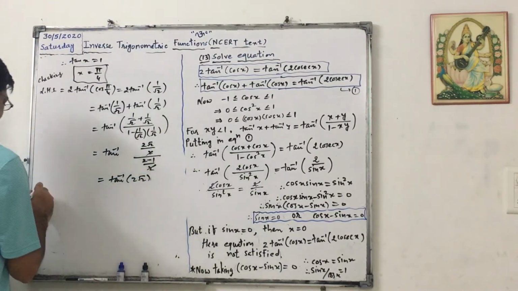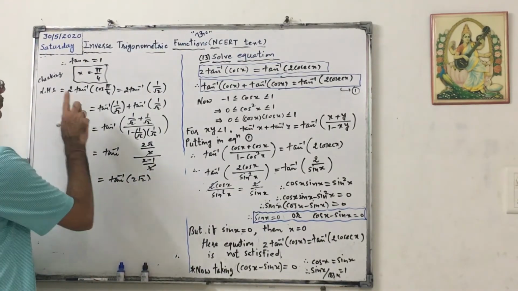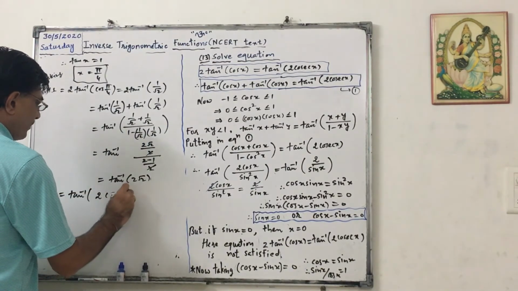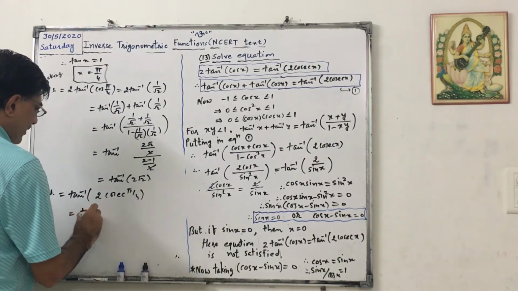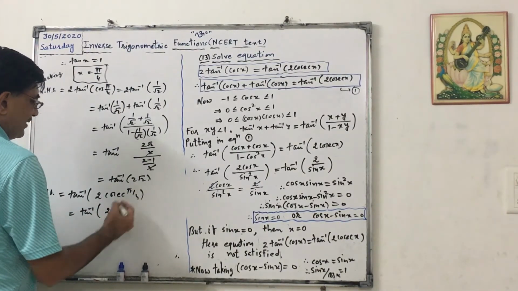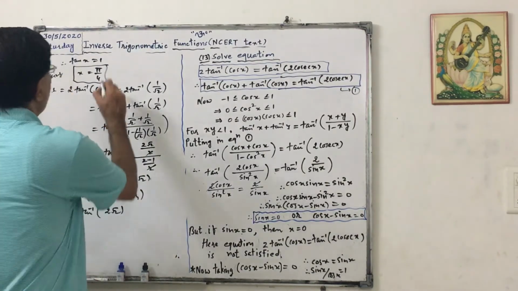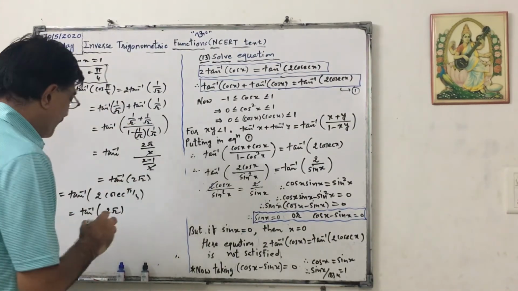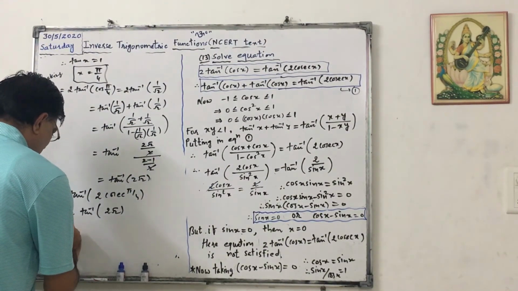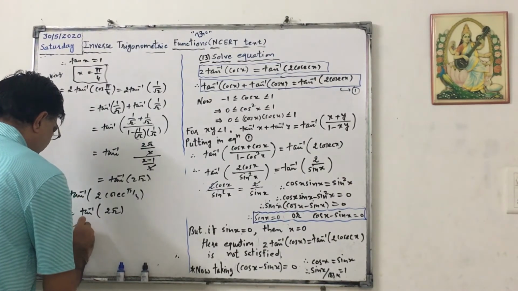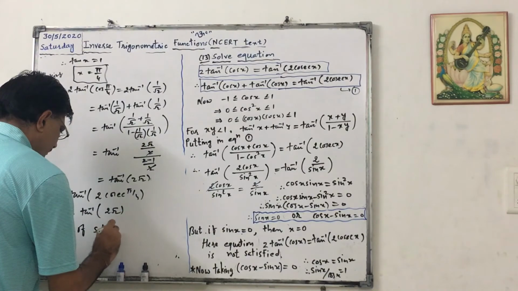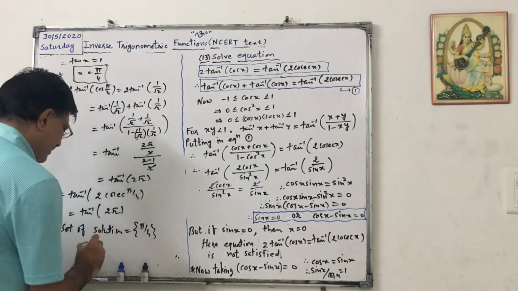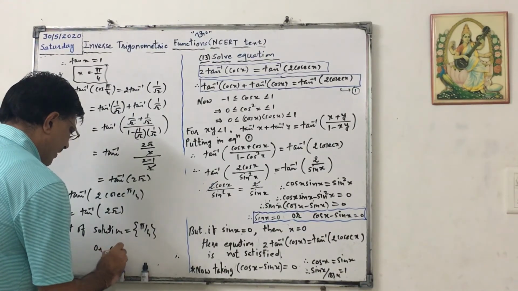Now what is RHS in this case? If we take x equals pi by 4, the RHS will be equal to tan inverse of 2 cosec of pi by 4. But we know that cosec of pi by 4 is root 2. Thus LHS equals RHS. So x equals pi by 4 satisfies the equation. Okay. So we can write like this. So solution, set of solution equals set of pi by 4. Or say solution x equals pi by 4.